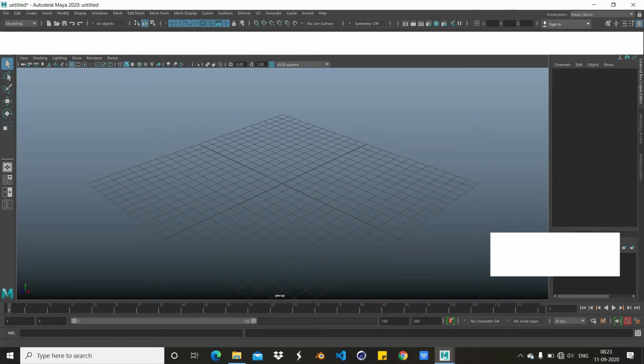Each shelf has a number of tool options, so like here, here, here.